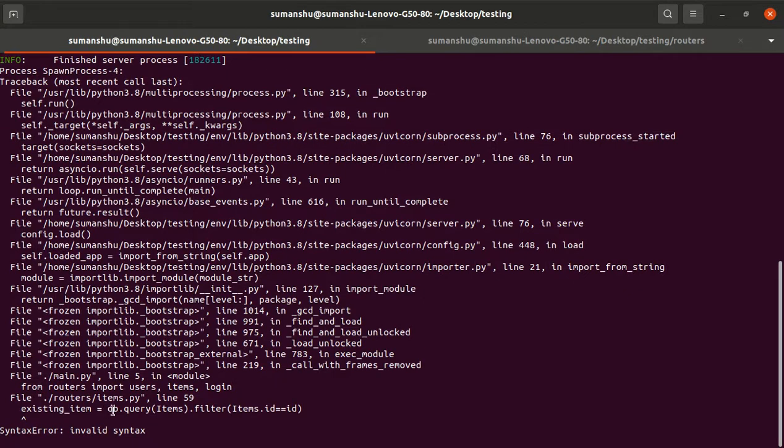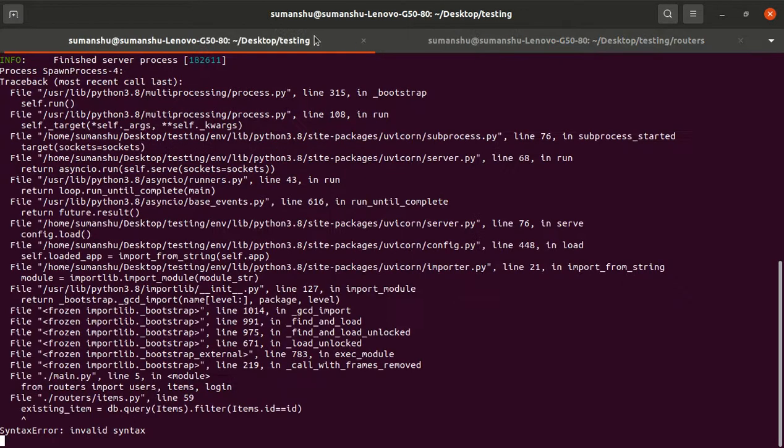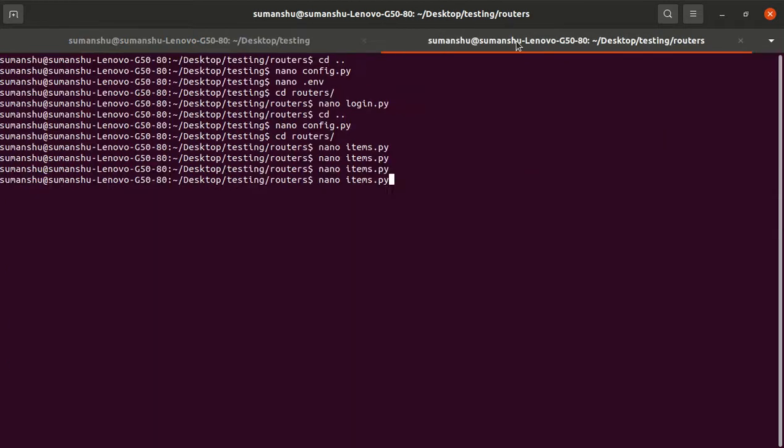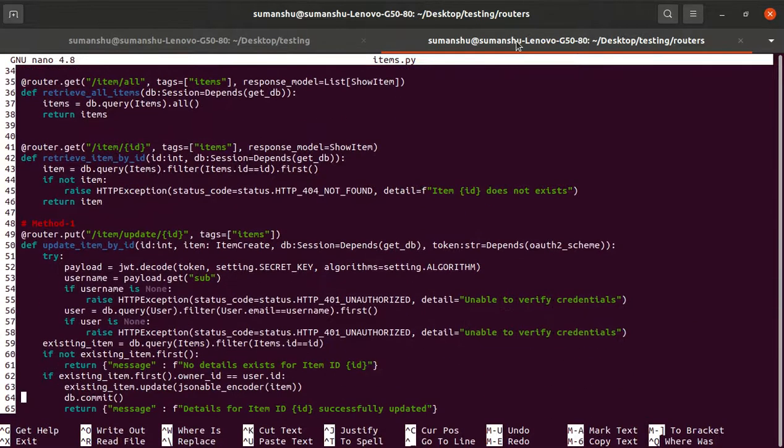Existing item, invalid syntax. Why invalid syntax? Line number 59. Let me open with minus L just to show the line number. Existing item, okay, it should be under this only. I forgot to put the except block, sorry for that.